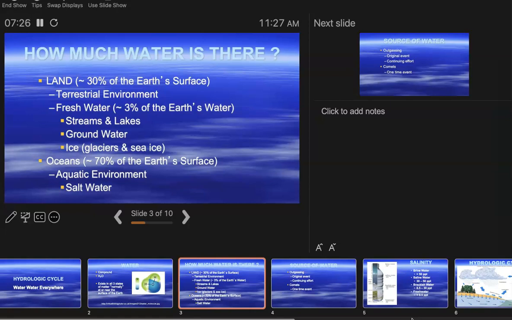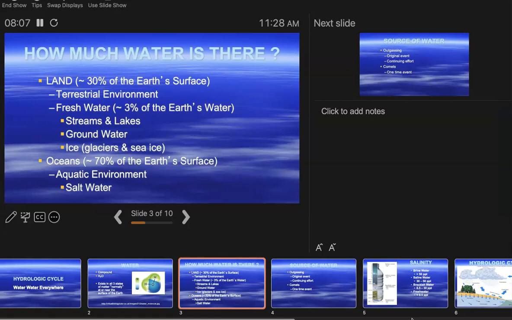All right. So anywho, we've got a lot of water out there, but can't easily use it because it's salt water. So let's move to the land, where we've got about 30% of the Earth's surface left. We call that terrestrial. Just introducing a couple words here if you didn't already know them: terrestrial and aquatic. On the continents, we've got our fresh water, and this is where they get their number from, about 3% of the total water on the planet. So the majority of it is more or less unusable in its present form.